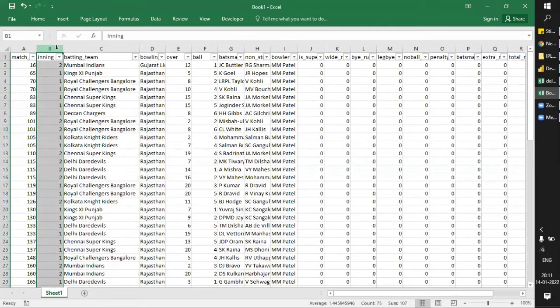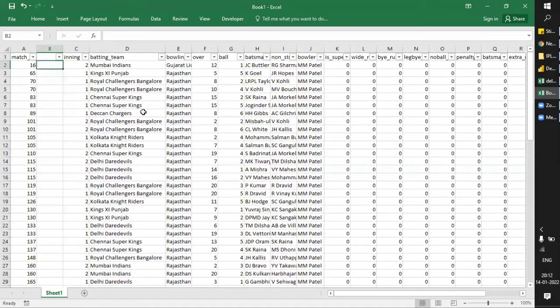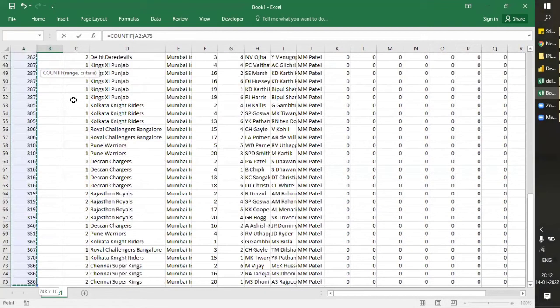So what I will do, I will just add a column here, and I will add COUNTIF. I'm doing COUNTIF here because of the range. I'll explain it, just let me apply this.